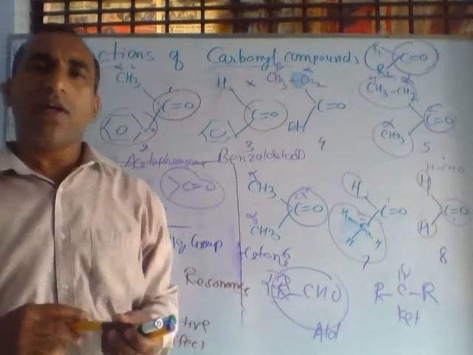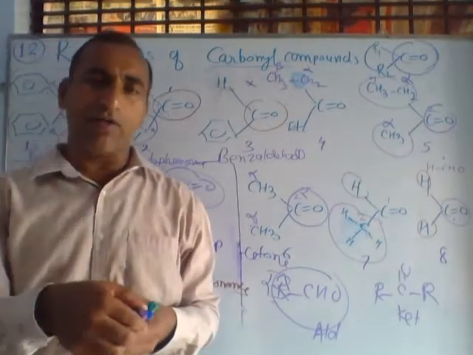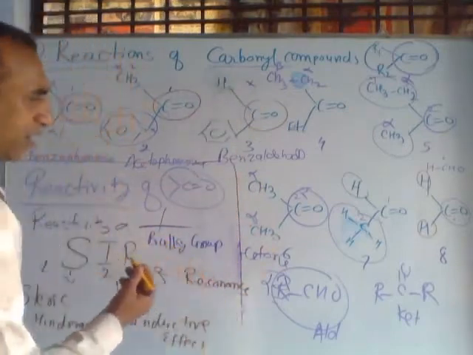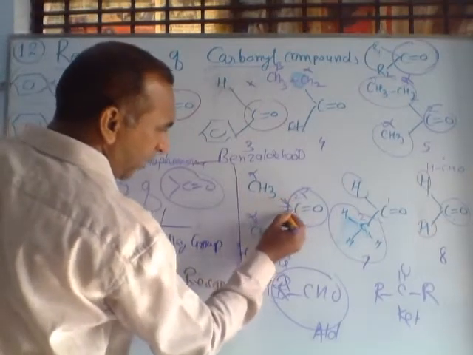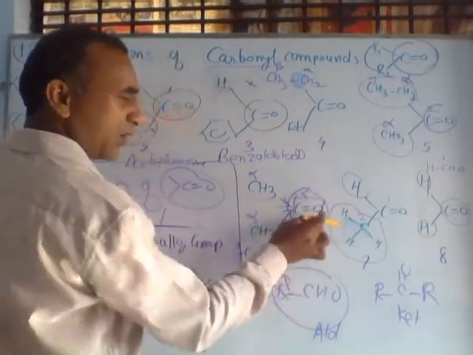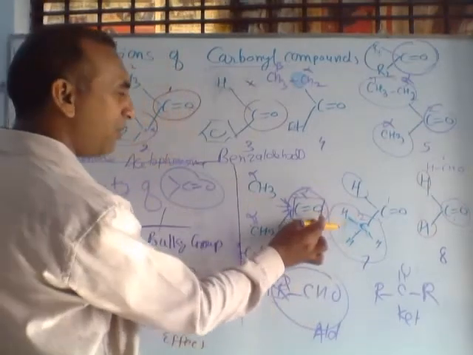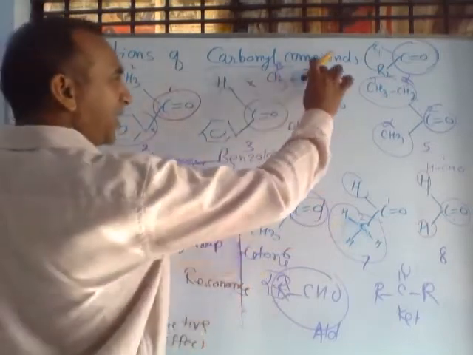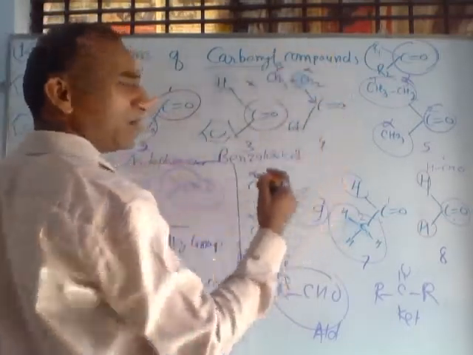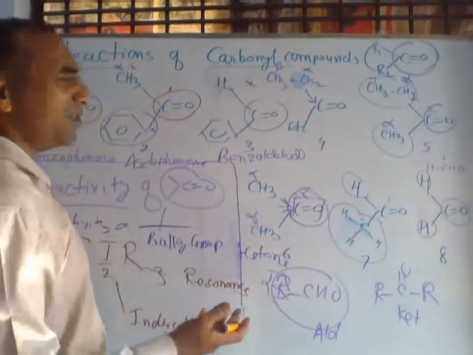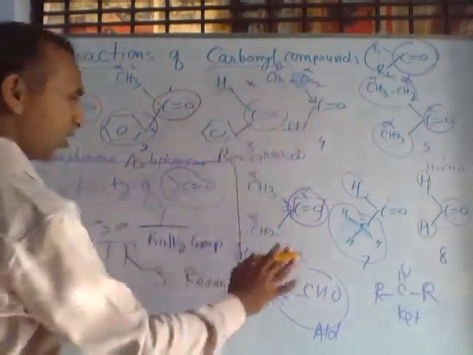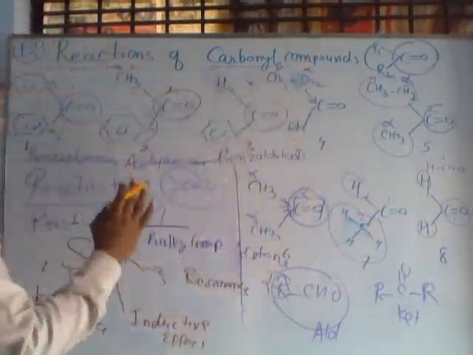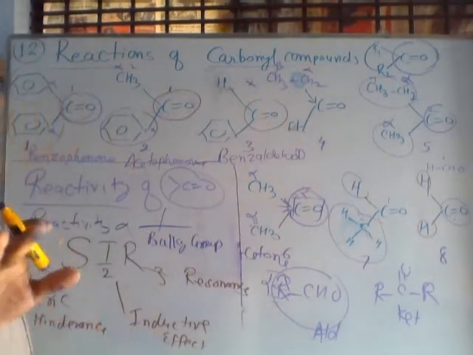Inductive effect means electron-donating or electron-attracting tendency. All the alkyl groups have an electron-donating nature. Here CH3 pushes electrons toward this group. If the carbonyl carbon can obtain electrons from here, its polarity decreases. As the number of chains increases, the inductive effect, meaning the electron-donating tendency, increases. So if methyl, ethyl or benzene groups increase, then due to the plus inductive effect, reactivity decreases.